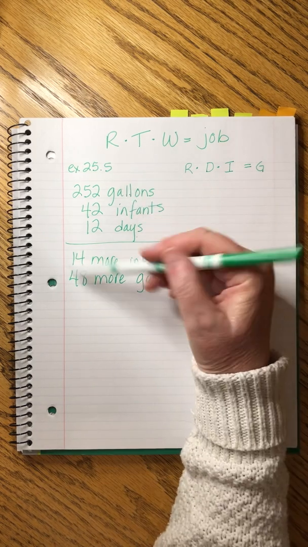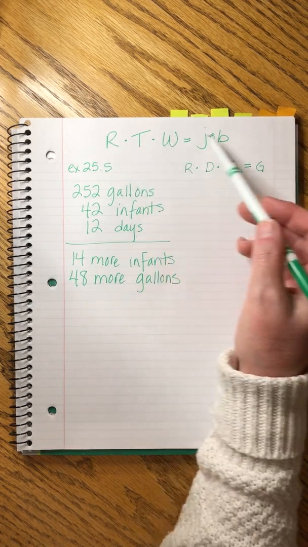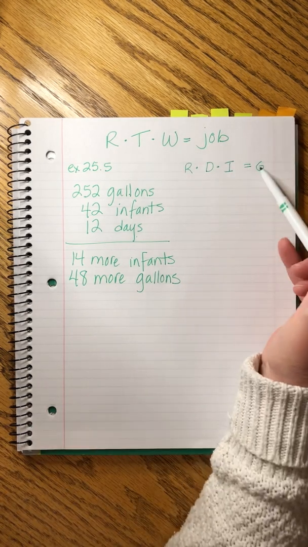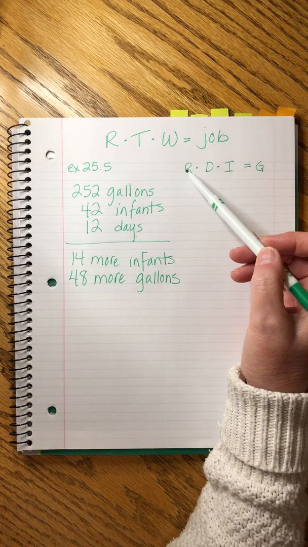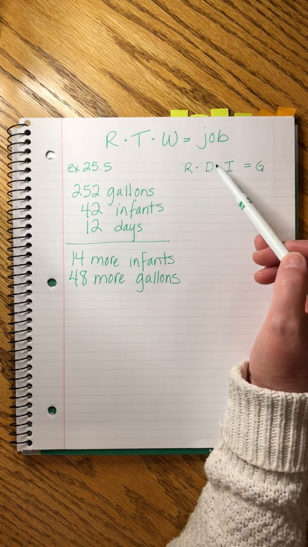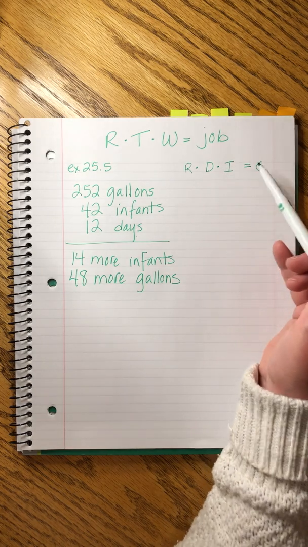So I'm taking the particulars of this story and shaping them to fit this format. Their job is to drink milk, and so they're measuring their job in gallons. The rate, which we'll have to figure out, times the number of days, times the number of infants, drives how